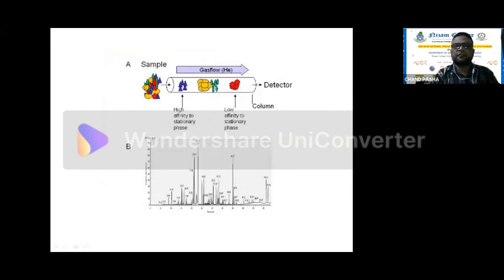The molecules which have high affinity towards the mobile phase will move fast. The one which comes fast goes to the detector first, and its peak will be reflected over here, and then the next, the intermediate one. So the molecules in whatever mixture you are taking will be separated inside the column based on their affinity, or their partition in the column.